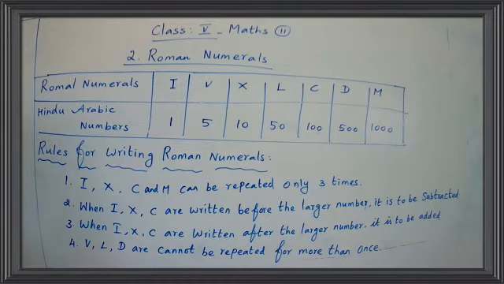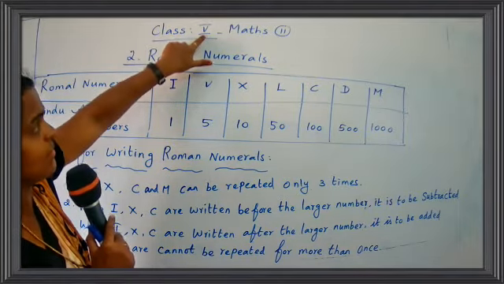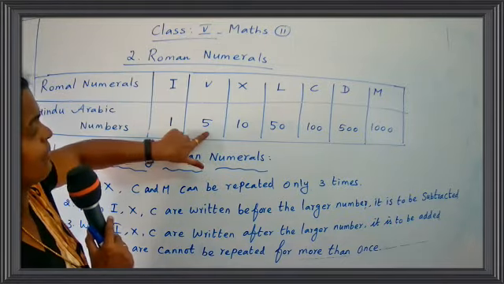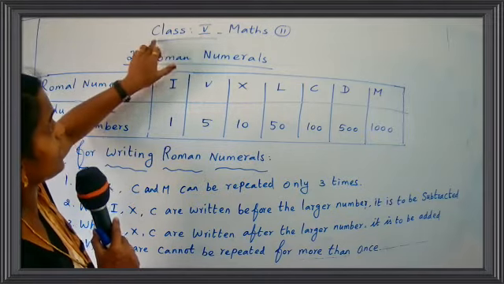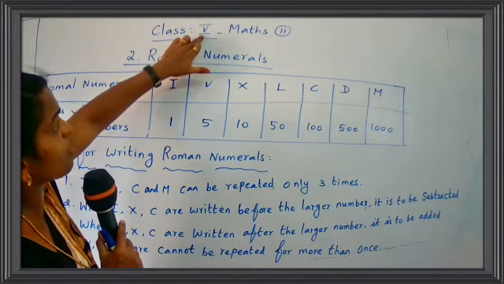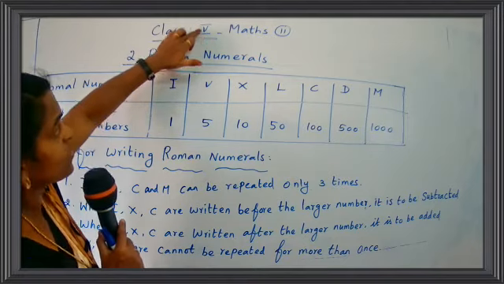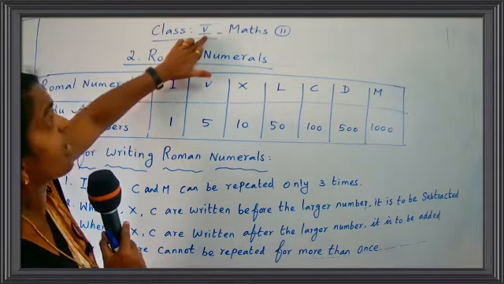Even though Roman numbers are not widely used now, we use them on clocks and for classroom numbers in schools. Even when you write your class, what do we do? We write Roman numerals. See the example, class 5th. V stands for 5. You are studying in 5th standard, that's why I am also using a Roman numeral here. Class 5th, so here 5 is V.